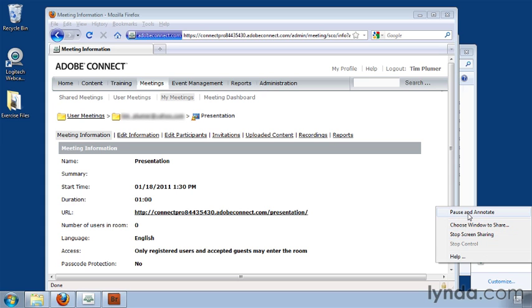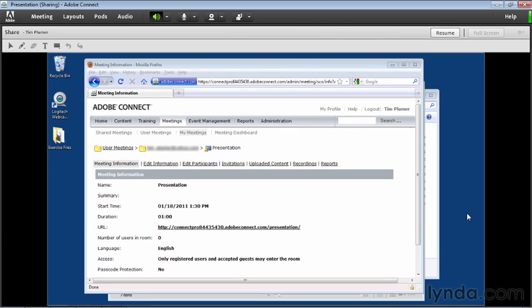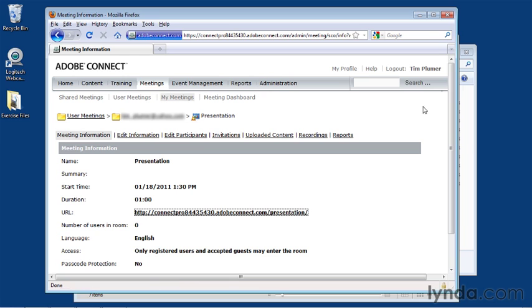I can pause and annotate in the middle of the presentation. What that does is essentially take a screenshot of what I was presenting and then show it to the audience that way. I can use it to do things like markups and other stuff with it that would allow me to stop the screen share itself, focus my audience's attention on something static, and then when it's time to continue, all I need to do is click on Resume, and I'm back in the